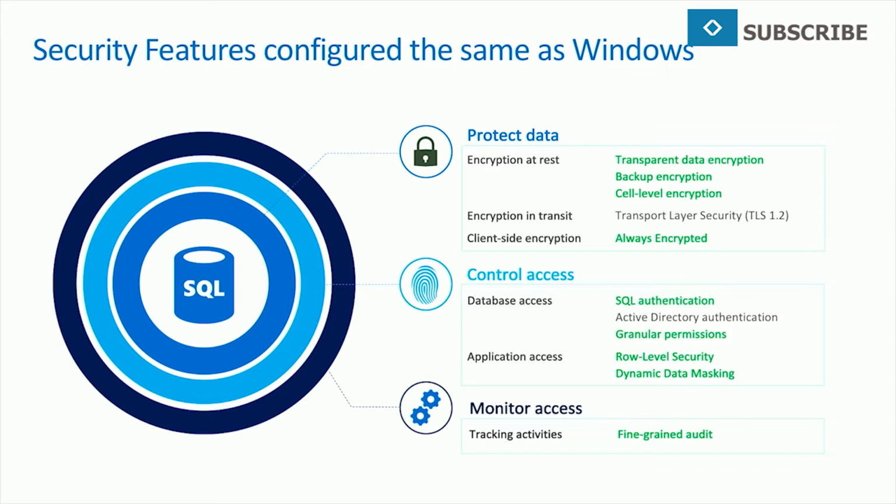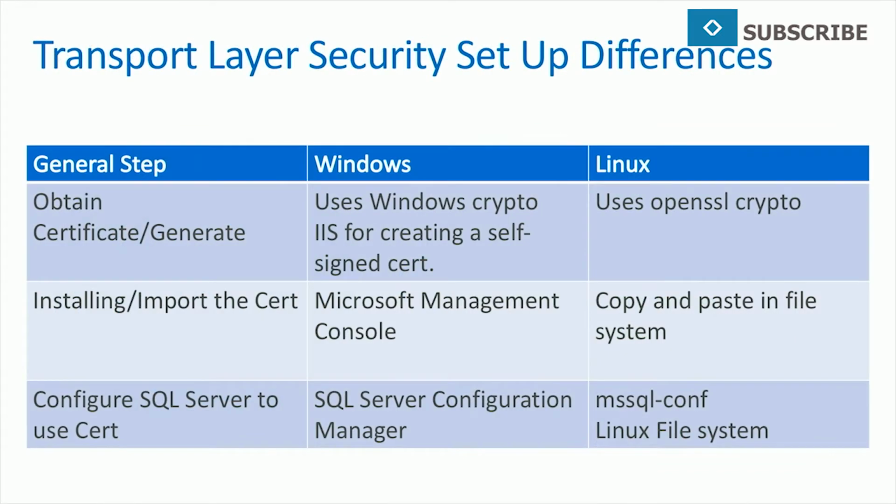There are some differences in how these features are set up, so let's take a look at those differences. All right, so Transport Layer Security differences. Here we're just going to walk through some of the general steps and then point out some of the differences between Windows and Linux. The first general step to setting up TLS is to obtain a certificate or to generate one. On Windows, this is typically done by using IIS to generate a self-signed cert, usually for development and testing purposes, which underneath uses Windows. There are also a bunch of other tools that could be used to generate one of these certs,